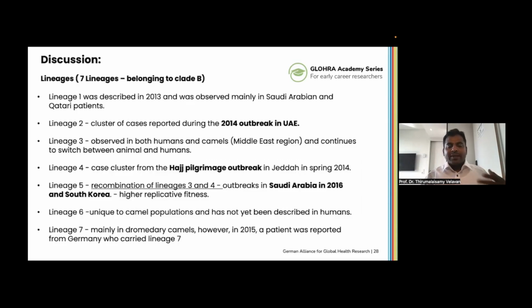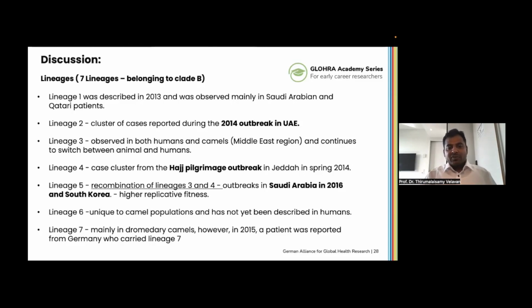The next point is in terms of lineages. As I said, there are 5 lineages in 2016 and 7 lineages in 2017. And these lineages all belong to only clade B, which means clade B is the most predominant circulating strain, which is evolving over time, explicitly in camel populations, because lineage 1, lineage 2, and lineage 3 are of no interest. Lineage 4 is very critically important in terms of the outbreak during the Hajj pilgrimage in 2014,